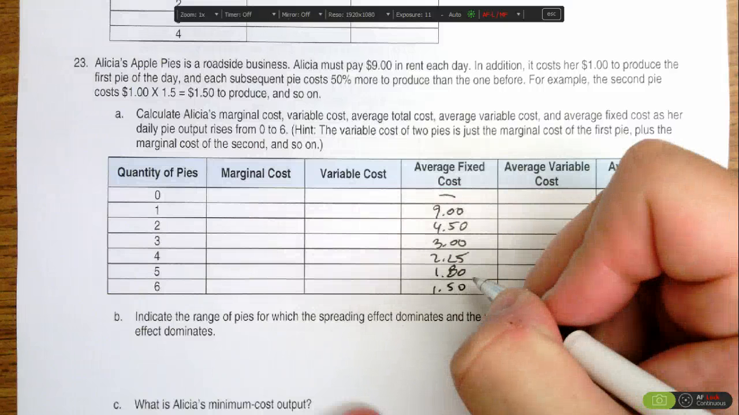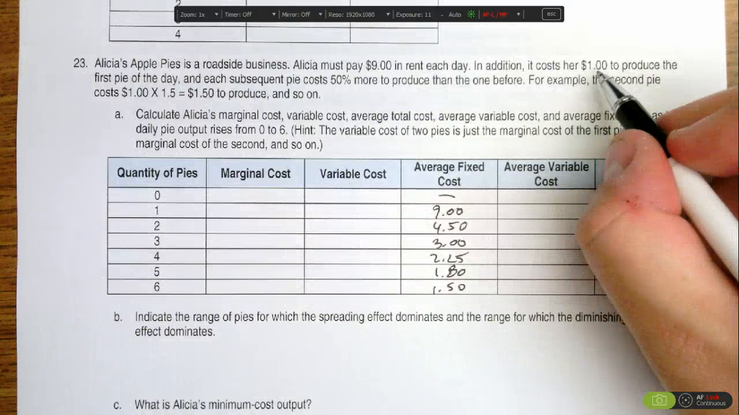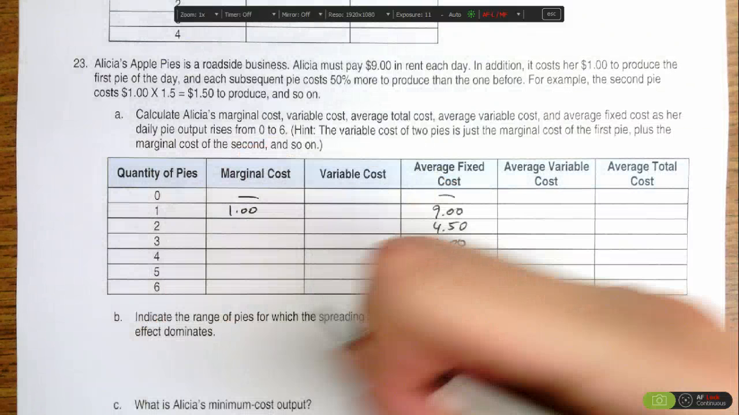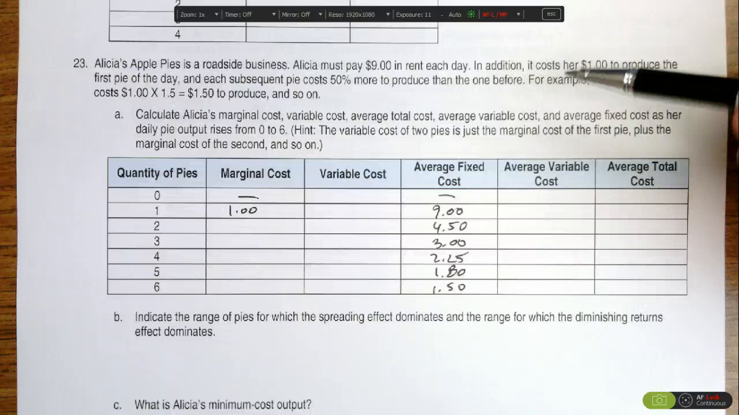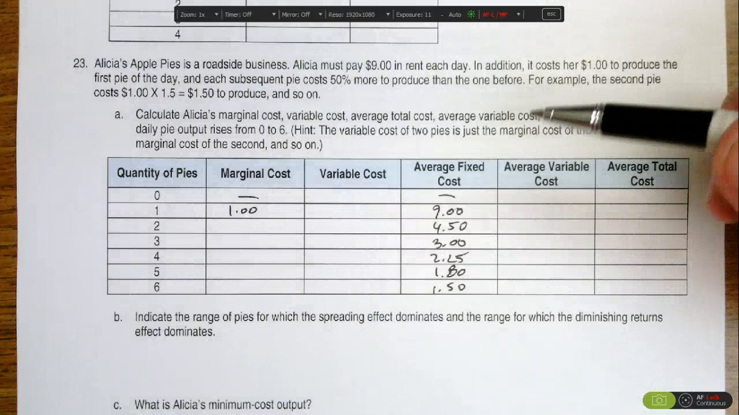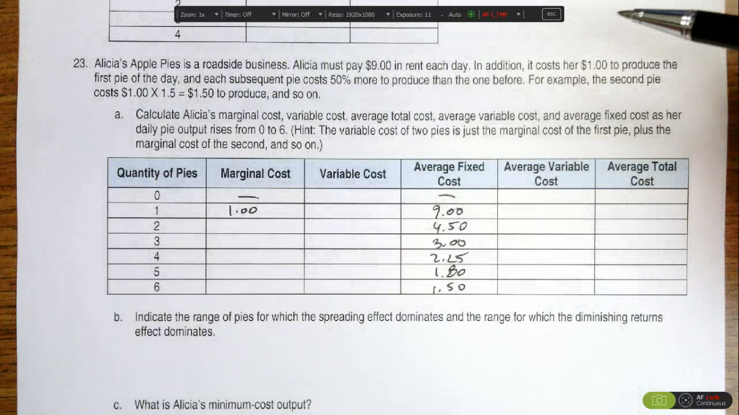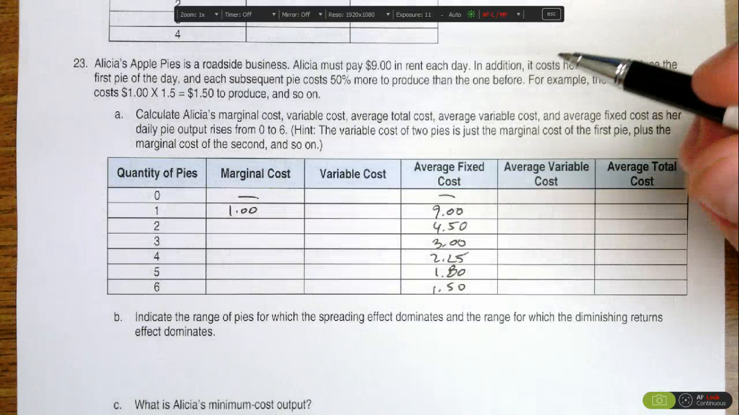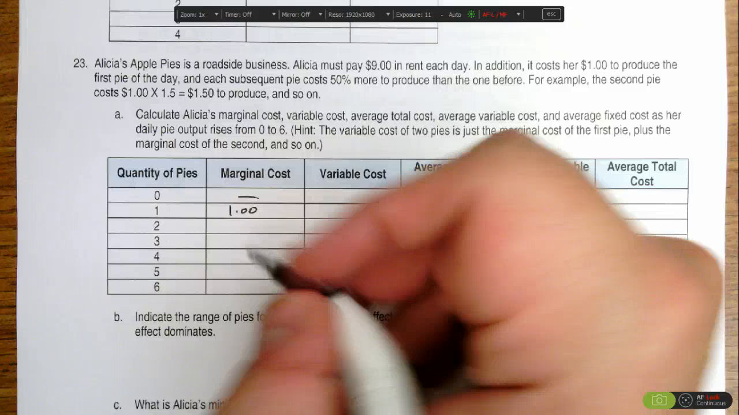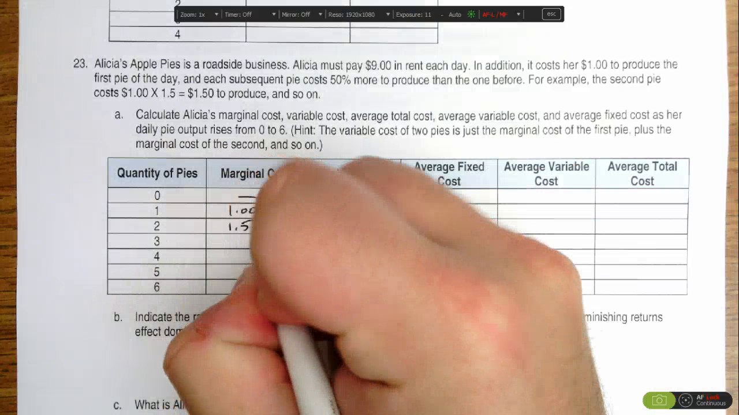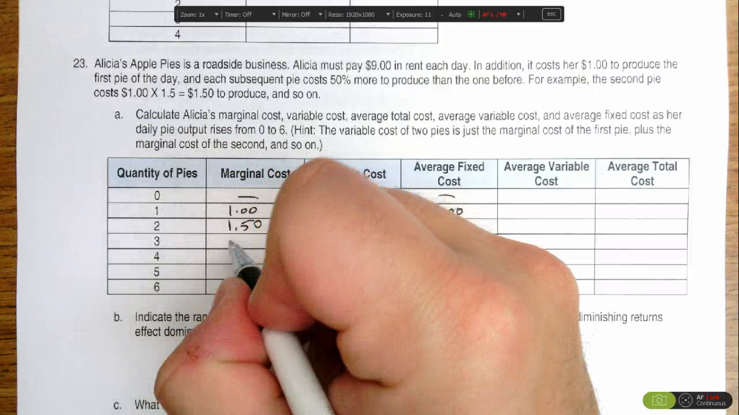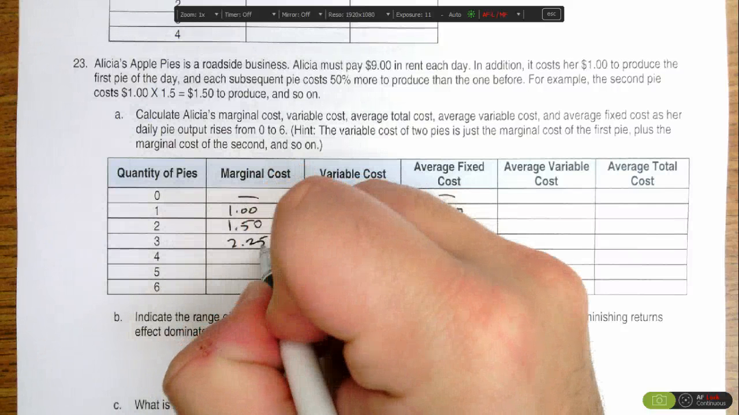Her marginal cost, it tells us that it costs her $1 to produce the first pie, so the first pie's marginal cost is $1. The second pie and subsequent pies cost 50% more than the one that came before it. So this first pie is going to cost us $1. The second pie is going to cost us 50% more, so that'd be $1.50. The third pie is going to be 50% more than $1.50, which would be $2.25. Then we get